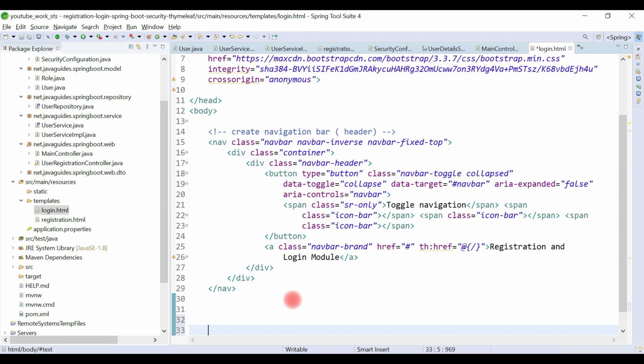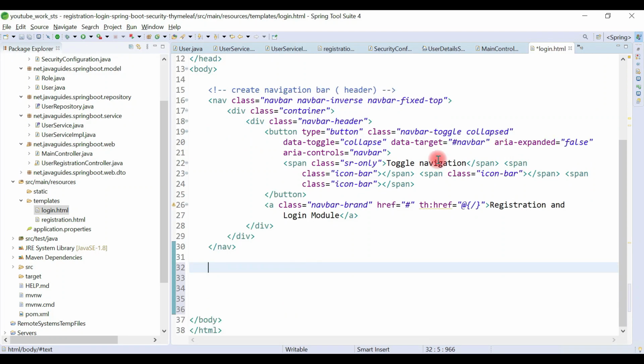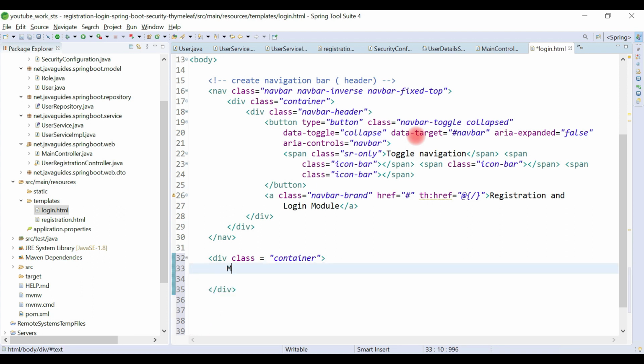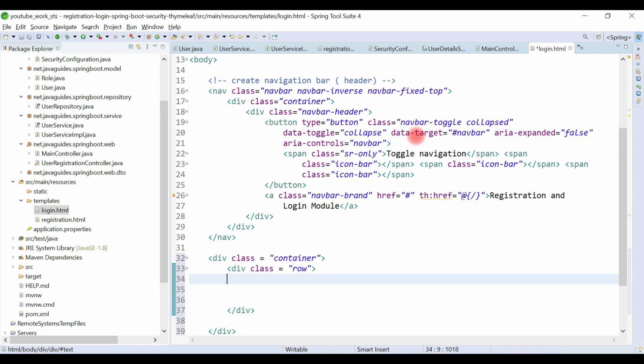Okay, and now let's design the login page. Let's create a div, and here just use the Bootstrap CSS class container, and inside the container we are going to create one more div, and let's use the row CSS class, and inside this div we are going to create one more div, and let's use a class.